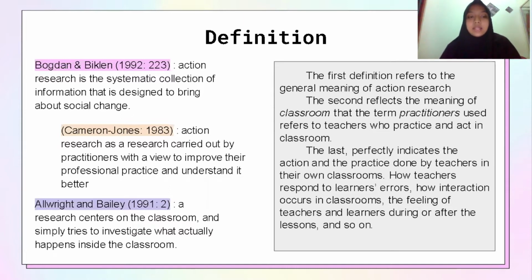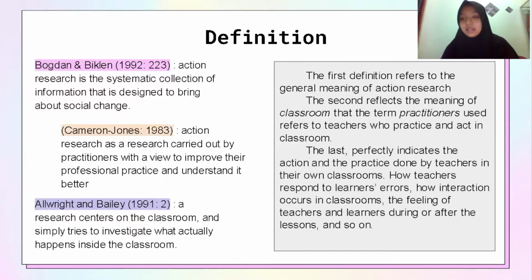The second, from Cameron and Jones, state that action research is research carried out by practitioners with a view to improve their professional practice and understand it better. The last one, from Allwright and Bailey, is research that centers on the classroom and simply tries to investigate what actually